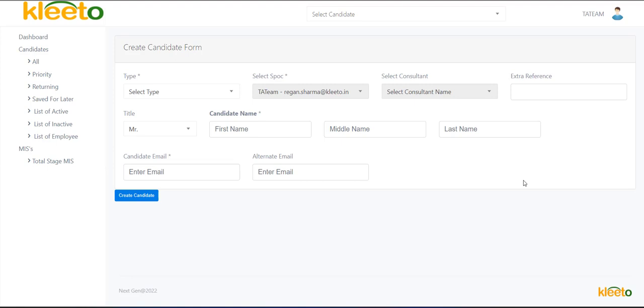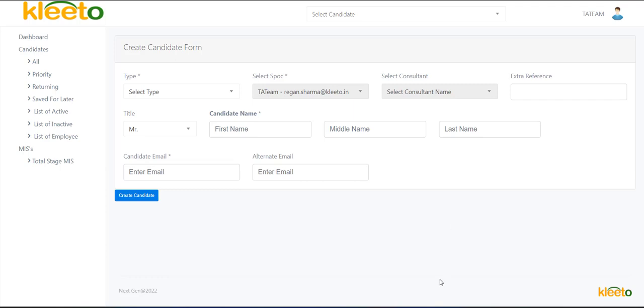If he's a fresher candidate, there will be a certain list of documents. In case he's a lateral hire or somebody senior in the team, the list may be different. There can also be a list of forms to be filled by the candidate. The system can push the candidate to fill in certain forms once he gets that email.